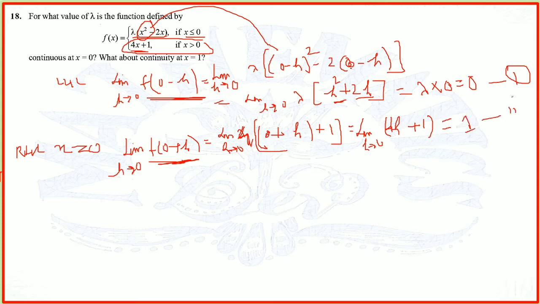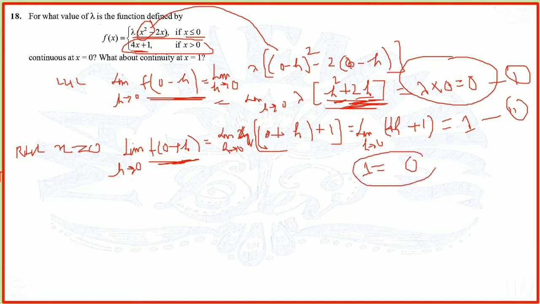Now look here, when we take h tends to 0 in the case of the left hand limit, the overall value becomes 0. Even lambda has gone with the 0, and the right hand limit is giving 1. So the question is whether it is continuous at x equal to 0. What is the left hand limit? 0. And what is the right hand limit? 1. So mathematically, this is nonsense, how can 1 be equal to 0.